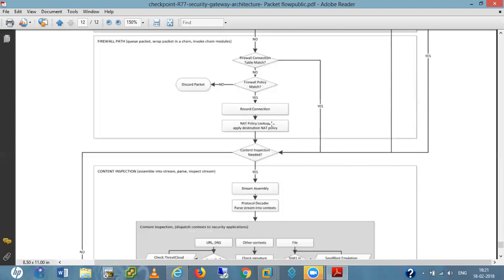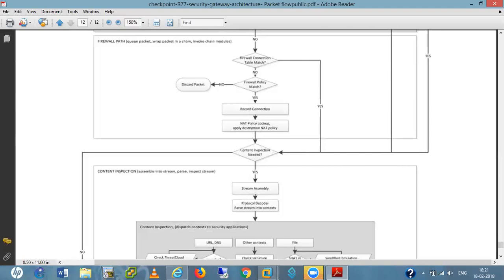If it is matching a destination NAT rule, see, generally we always have a source NAT, right? But if we configure the destination NAT, like from outside to DMZ, where we want the outside guy to access my DMZ server but the DMZ server cannot access the outside resources, it's a destination NAT, meaning a unidirectional NAT.